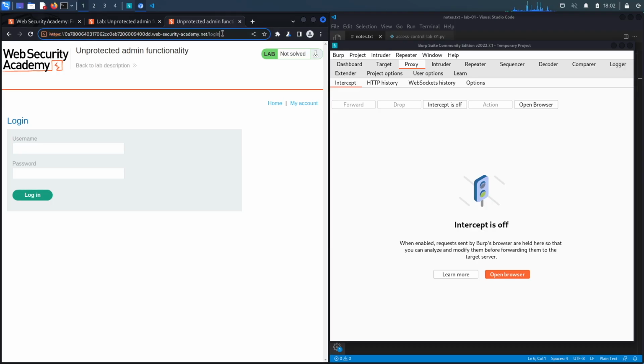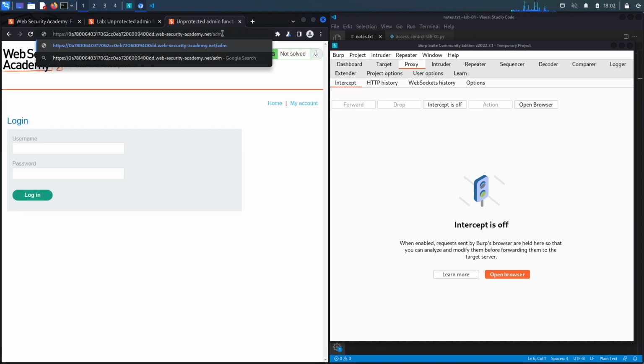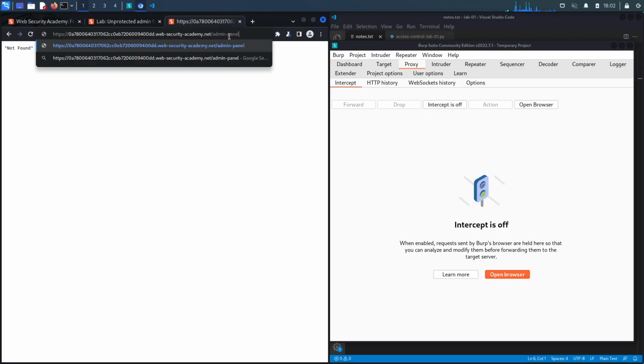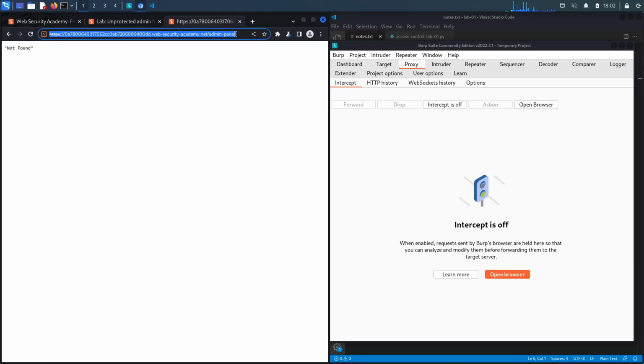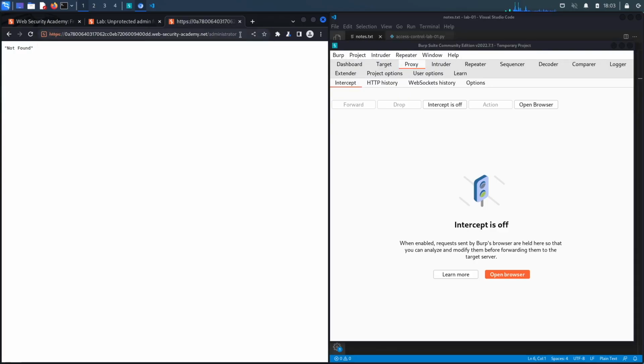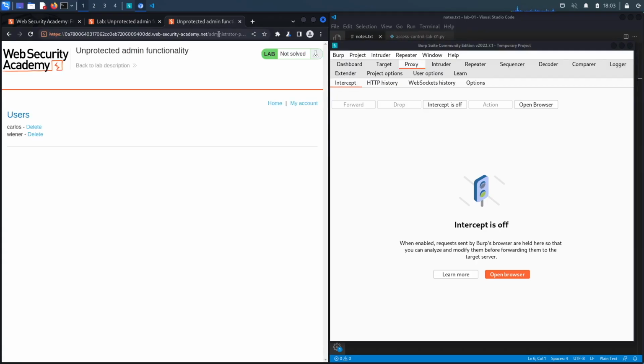So let's try and see if we could figure out what the admin panel is. So I'm going to try with admin first. And it says it's not found. So let's try admin panel maybe. Still not found. Let's try administrator. Also not found. Let's try administrator panel. And here we go. So we gained access to the administrator panel, and clearly there's missing access control rules on